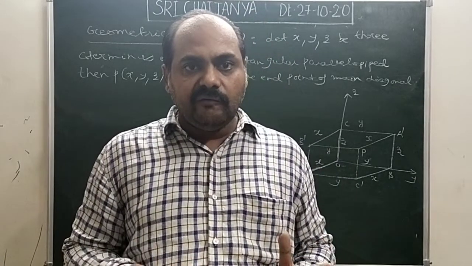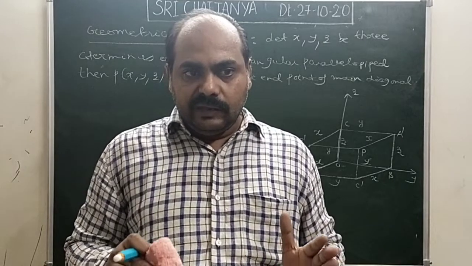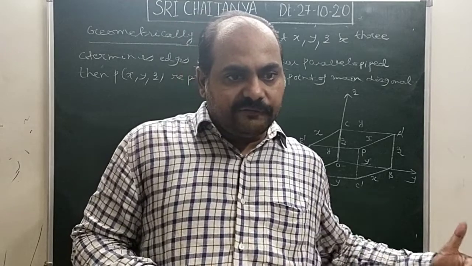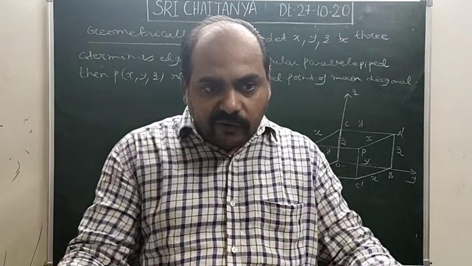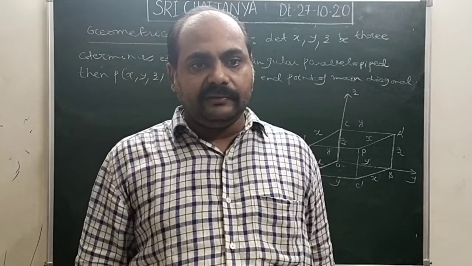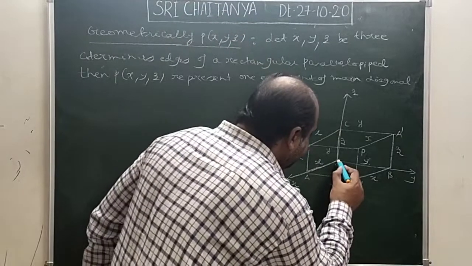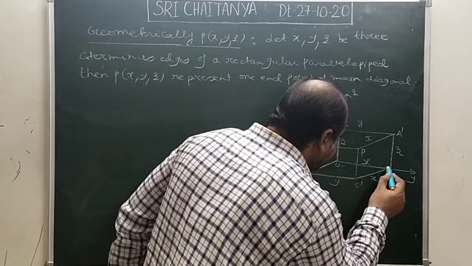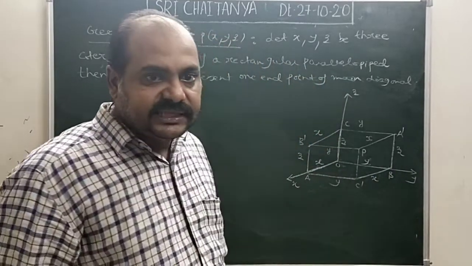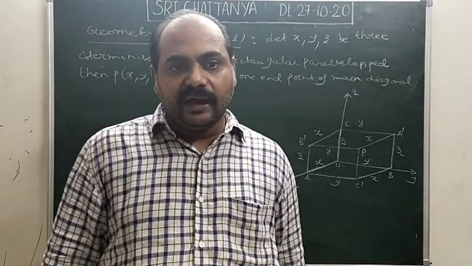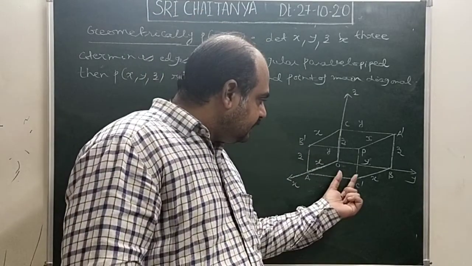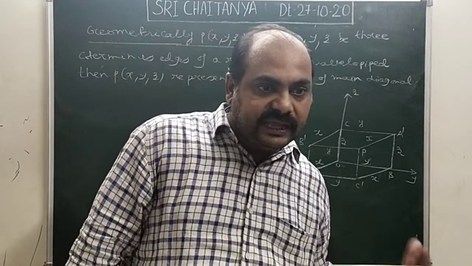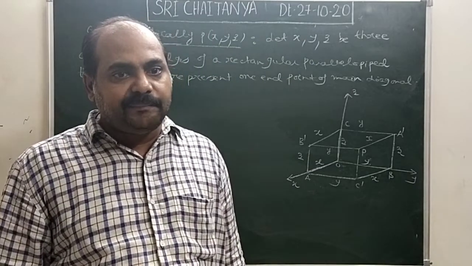So wherever you are there on your chair, to the left of you, look at the ground floor is there. Ground floor is XY plane. Ground floor is this face. Where is this face? It is in the XY plane. Ground floor is there. That is XY plane you take always. This rectangle is there in the XY plane. That means your ground floor is in the XY plane. Treat that as XY plane.